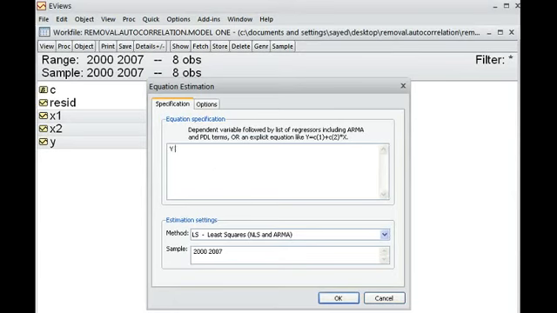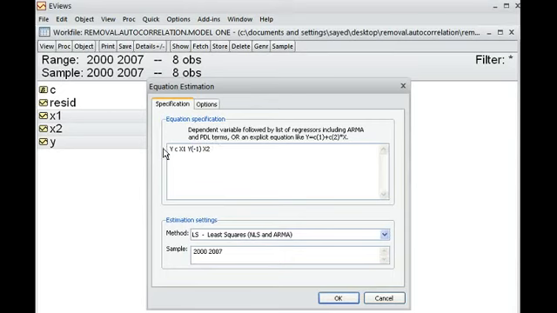Y is the dependent variable and C is the constant, and I put x1, which is one independent variable, then y lag 1, which is another independent variable. That means y is the dependent variable and y lag 1 is an independent variable, then x2.